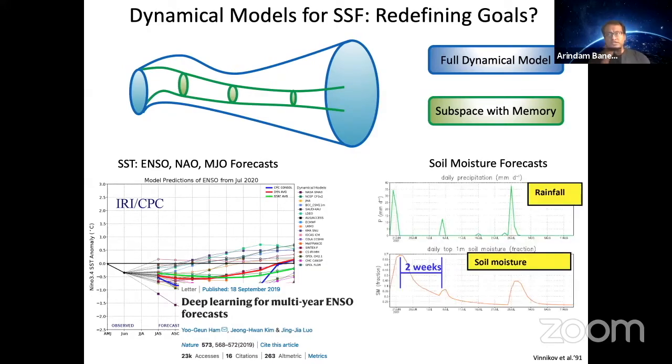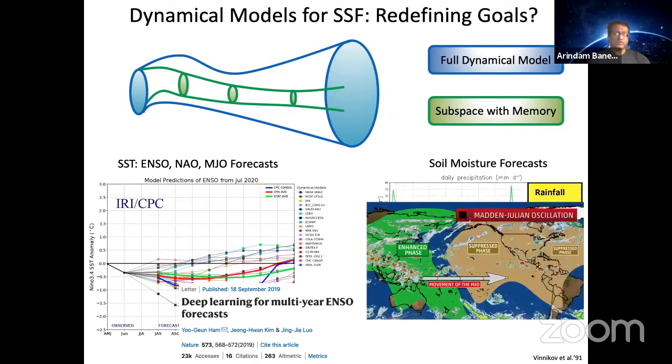For soil moisture, really this is how soil moisture maintains memory. There's a precipitation event, and then soil moisture creates that memory which stays for about 2 weeks. Then we need to focus on these extreme or high precipitation events. This is one of our targets. And we have been looking at processes which can potentially affect those precipitation peaks.